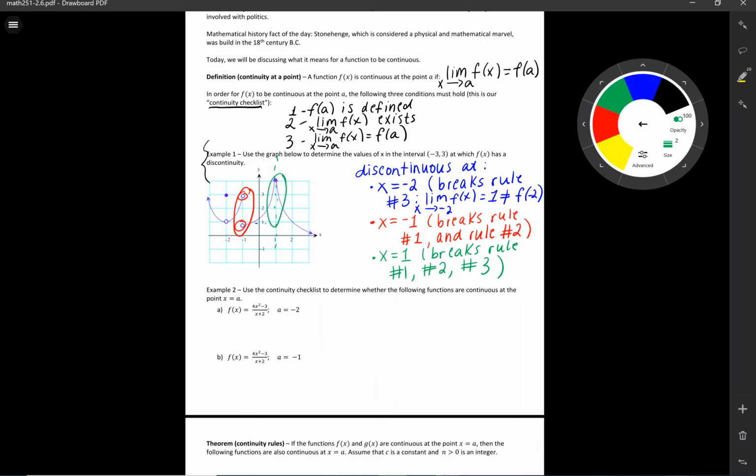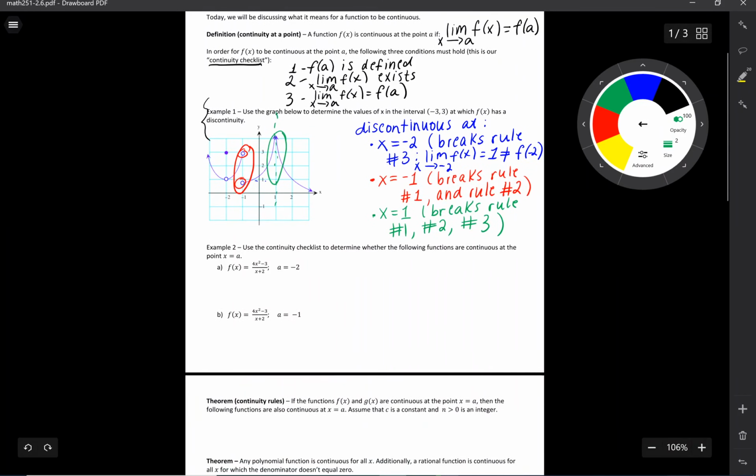All right, let's go to example number 2. We want to use the continuity checklist to determine whether the following functions are continuous at this given point x equals a. So let's look at the first one. f of x equals 4x squared minus 3 over x plus 2, and we want to check what's going on at the point -2. So first of all, this is a rational function, and we learned last lesson, I think,